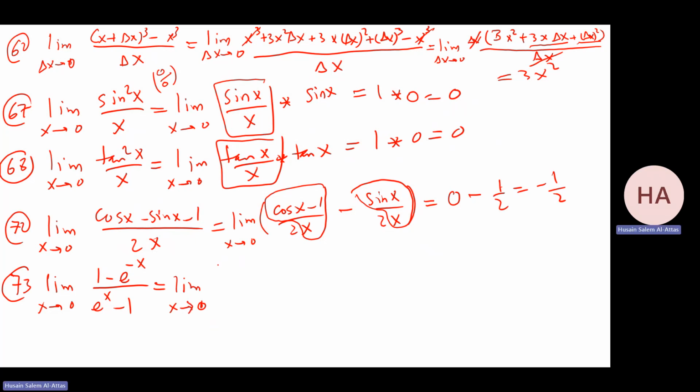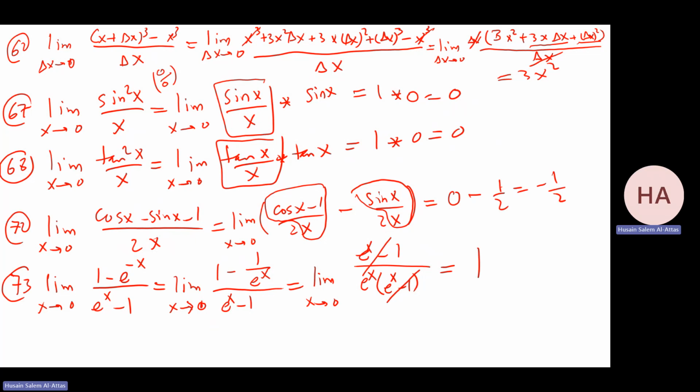You just simplify this: 1 minus 1 over e to the power x, over e to the x minus 1. And that will make it what? You simplify this, e to the x minus 1, e to the x minus 1. This is cancelled, substitute, we're getting